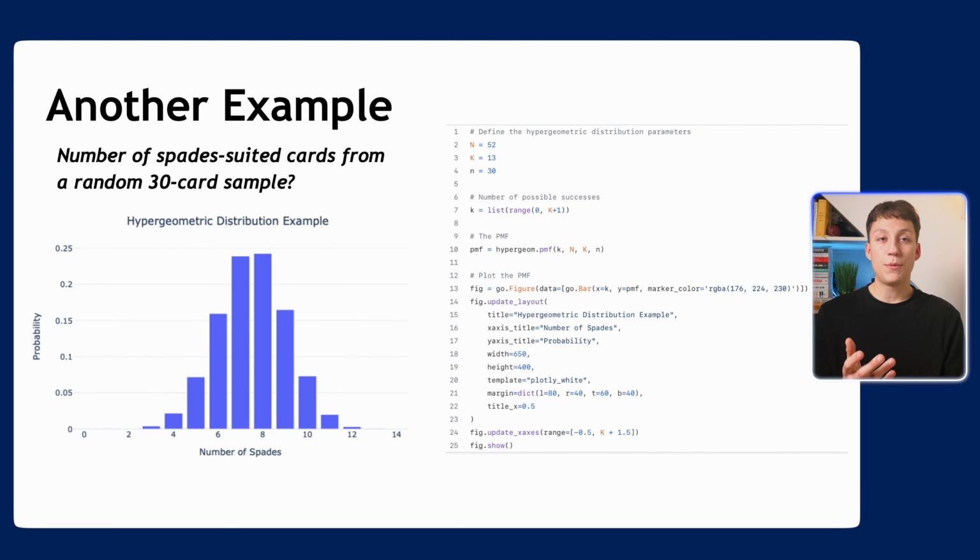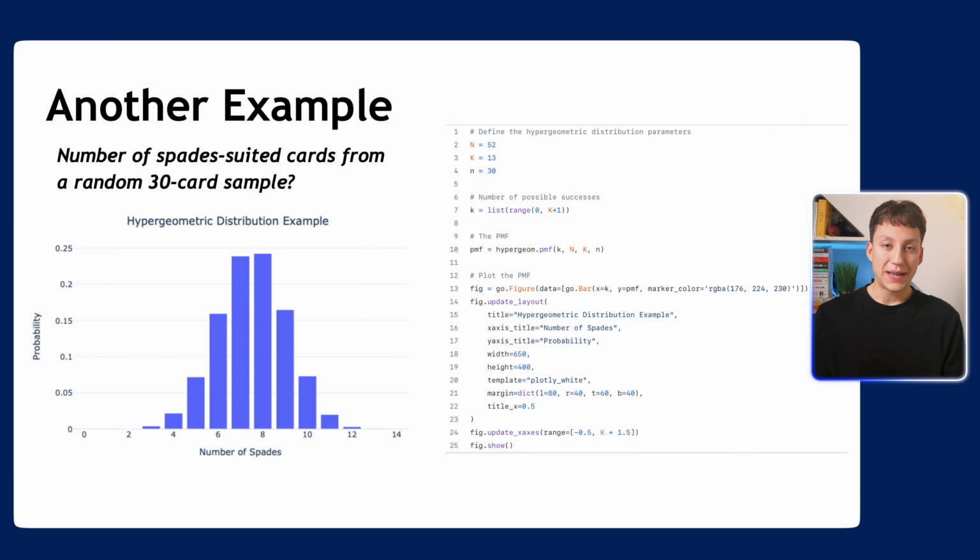Let's now have a different example. In this example we're going to say, from our 30 card sample, how many of those cards are spades, or belong to the suit of spades? In this case, we can do a similar approach. We know we have 52 cards in our deck, so big N is 52. Big K, number of successes,